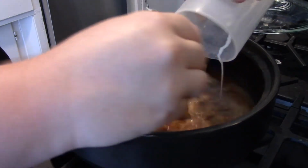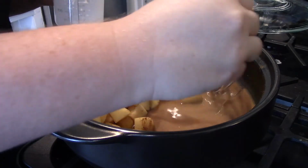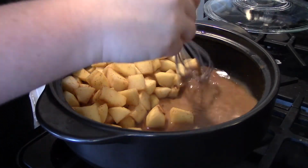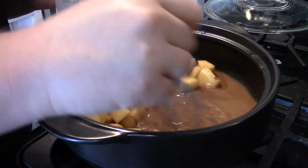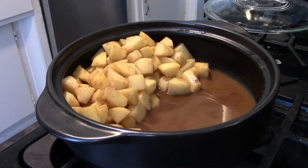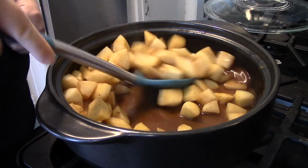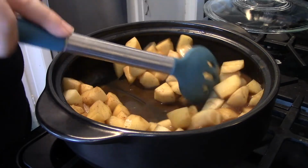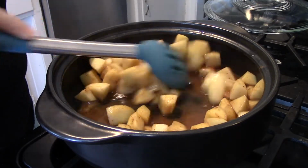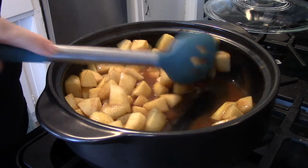I add in my slurry, whisking that together, and then once that is incorporated into that sauce that's over to the side, I stir everything all together, and then I'm going to let that thicken up so it's not watery, so it's more of a glaze type sauce over these apples, and then adding again more cinnamon as I go. At this point is a good point, once all the apples are coated, to really taste it and see